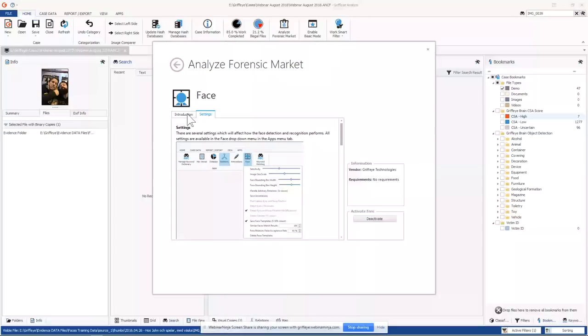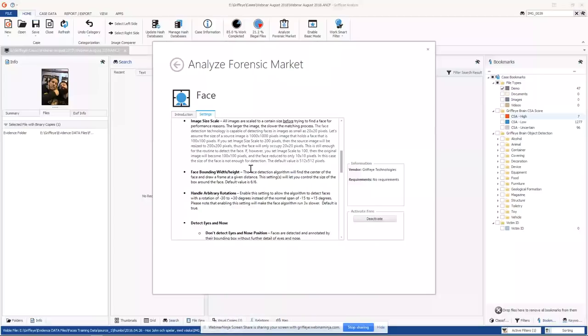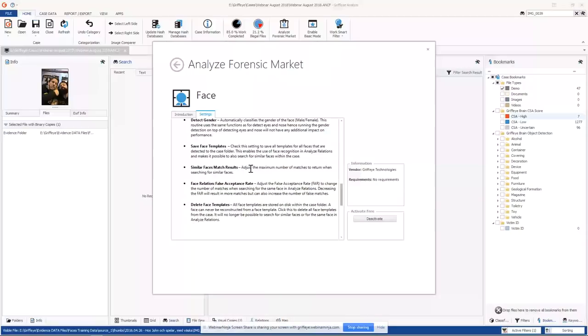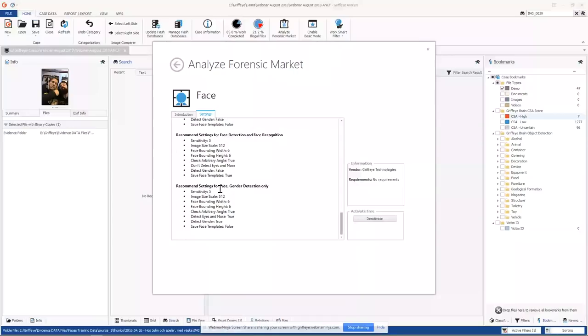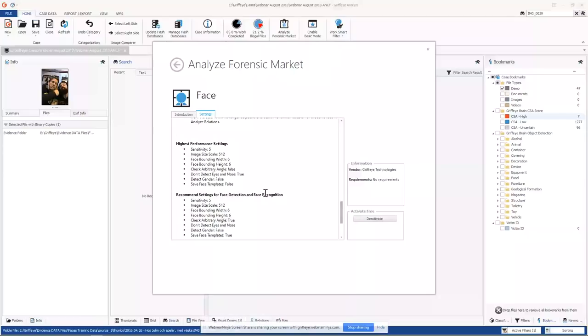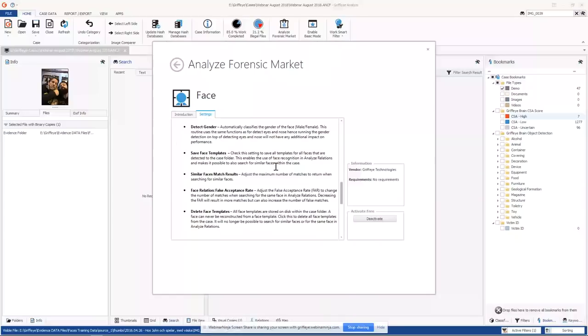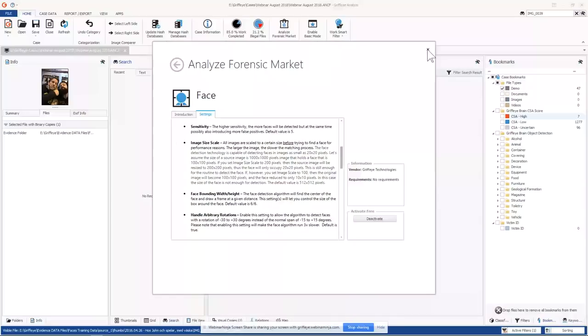in Face. And if you scroll down, the developers, an amazing group of people there in Sweden, have done a wonderful job of giving you basically some options where you can set the face settings however you'd like them. Pretty easy. And you can try it. The accuracy will vary depending on how you have it set up, but go onto that settings tab and it'll get that information for you.